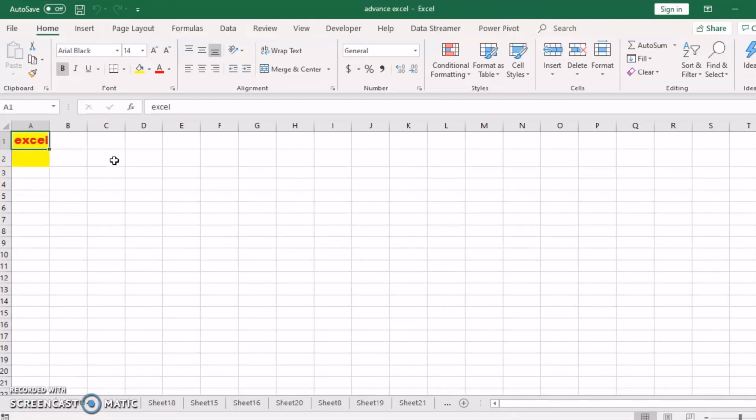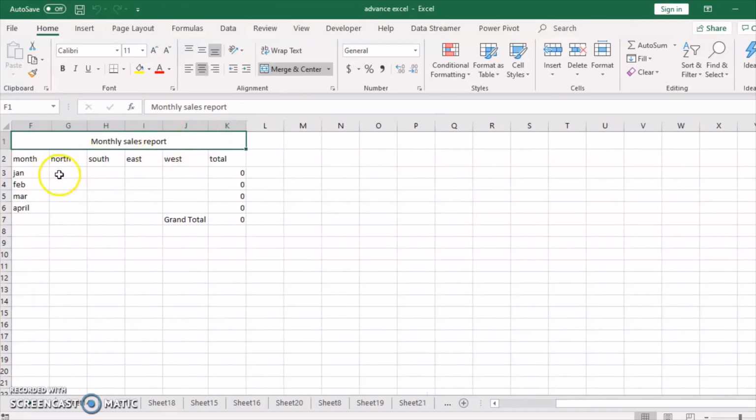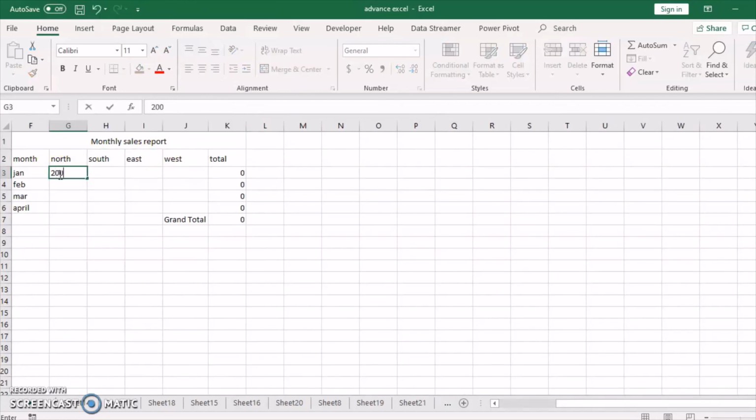Right? So similarly, supposing I'm creating a monthly report every time and I create a macro for it, this is how it will work. I just need to fill in the data here. So if I'm going to put in the data here, just some random data I'm filling in for now, you can see it will automatically calculate.